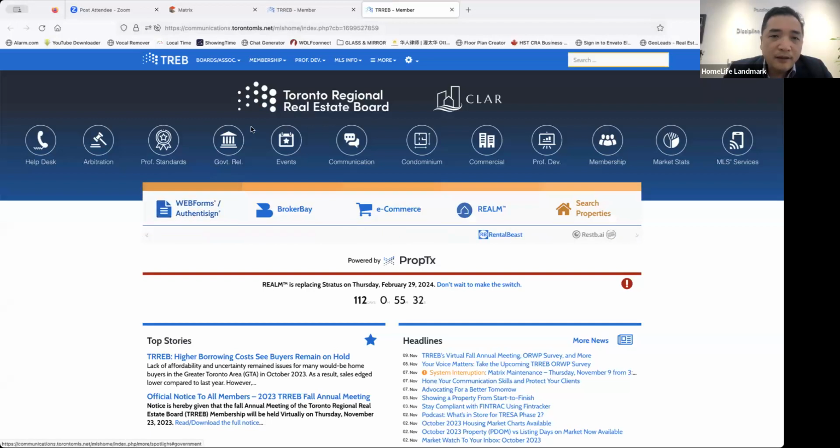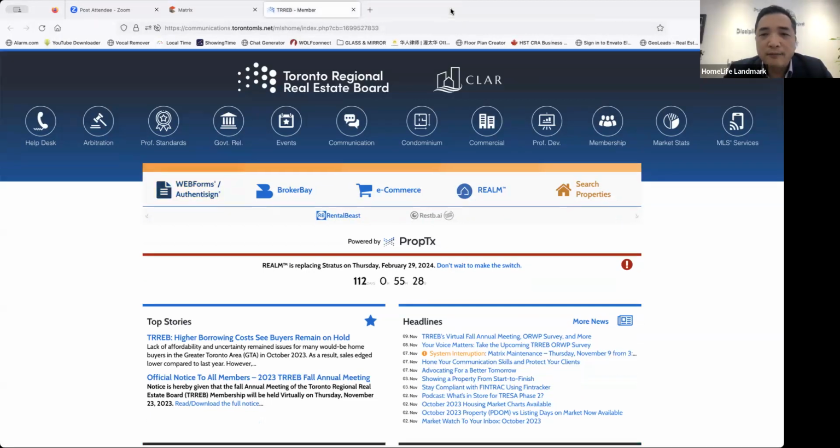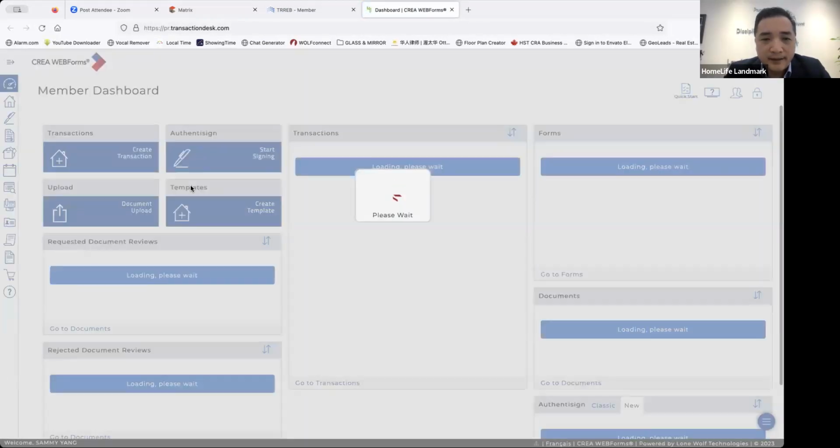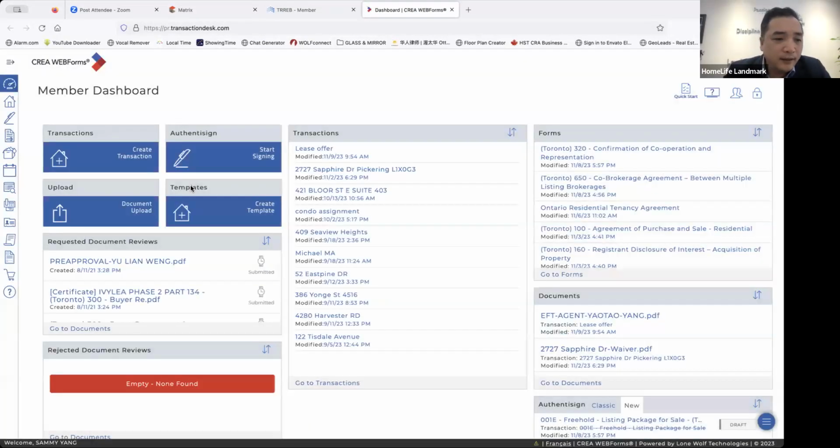Yeah, that happens. Usually if you click the web form, it will open another new window. Anyway, close the window and open the web form one more time. It will lead you to the web form transaction desk. So in the recent